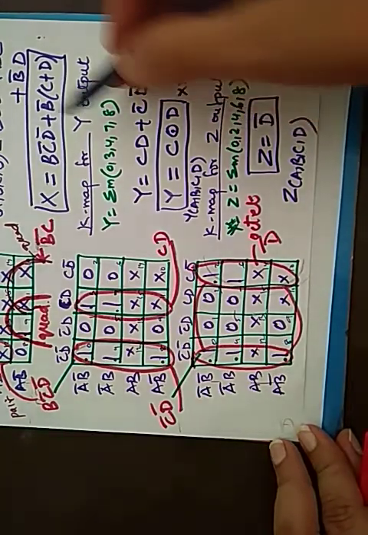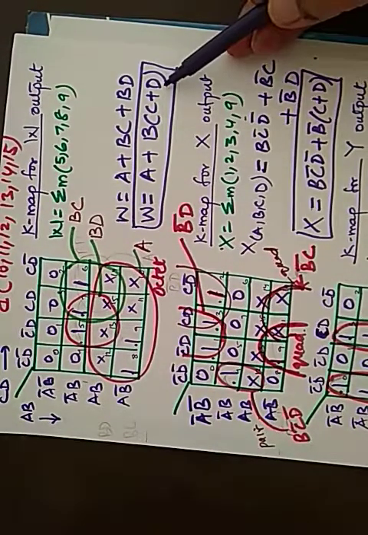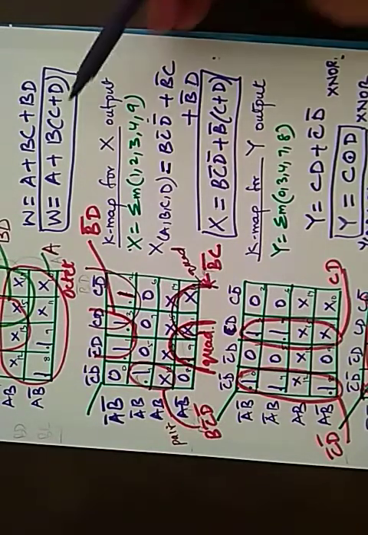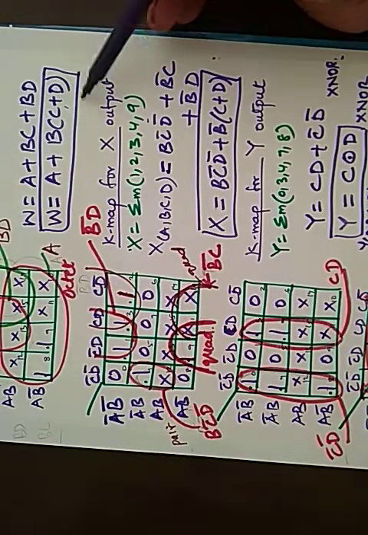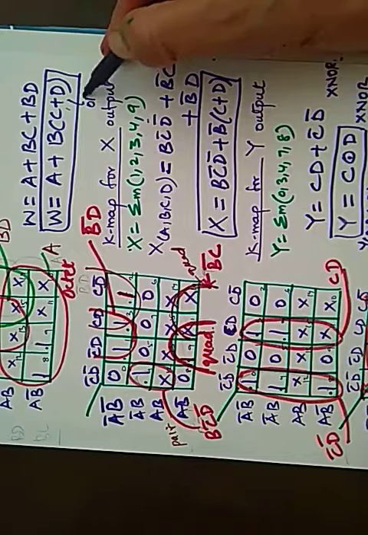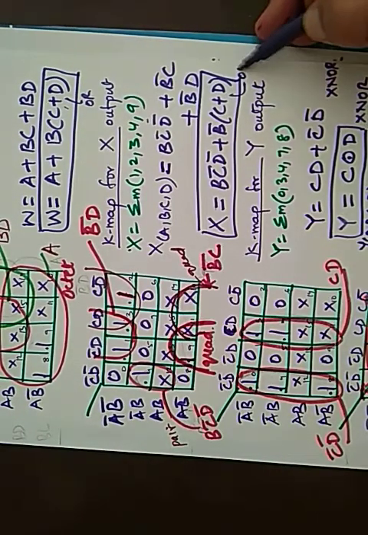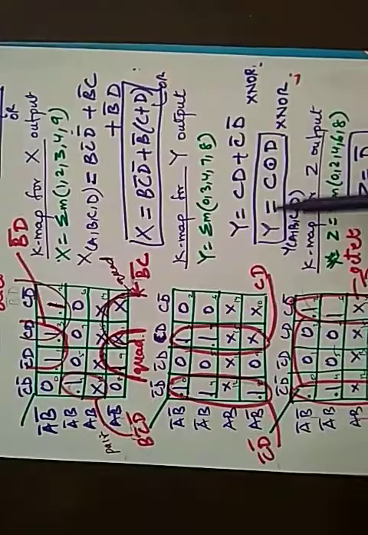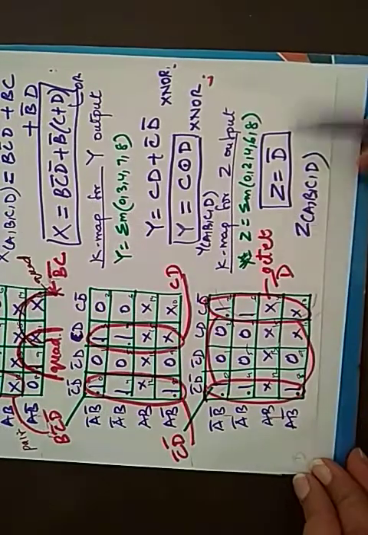After getting all the output functions, in this case we had 4, we solved for each, for W, for X. If you see the W and X, we have the term C plus D common here. This can be got from an OR gate. C plus D can be an OR gate, which can be common to both these. Y is the XNOR function, Z is this.